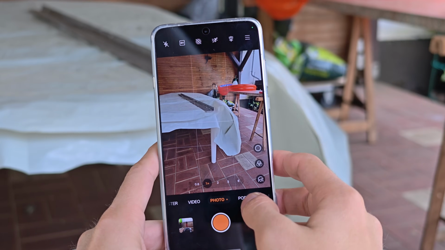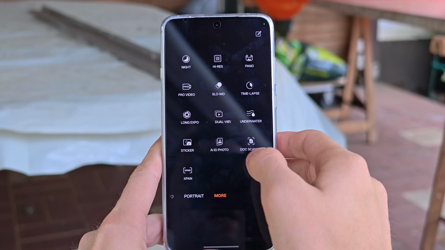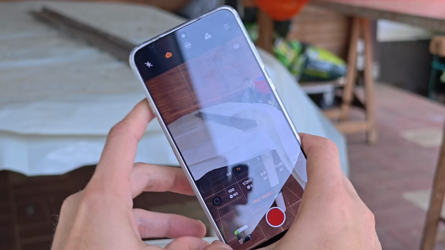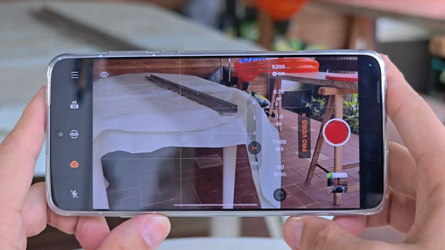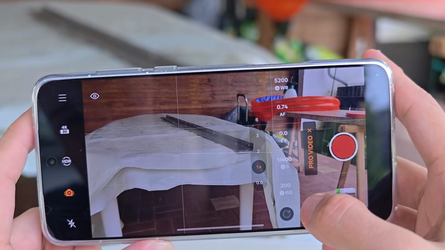So in order to get to the Pro Video mode, you just swipe to More and then you can see already the Pro Video icon there. Just press on it and here we have the Pro Video feature. Let's go maybe to Landscape and get a bit closer. So you can see we have all the settings that we have in Master Mode as well for setting up